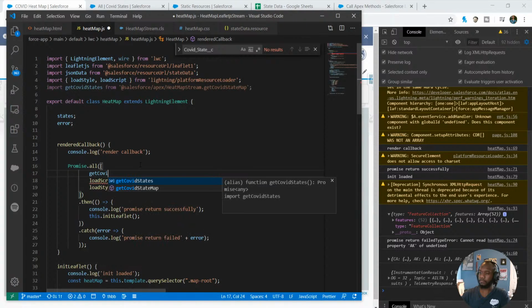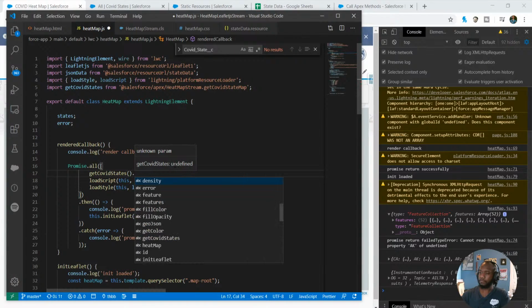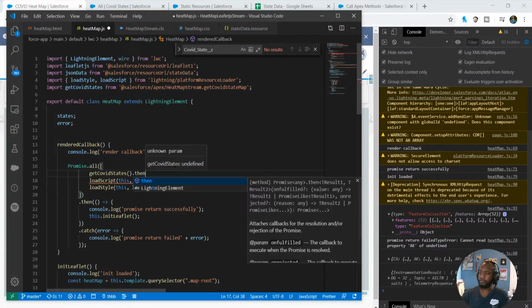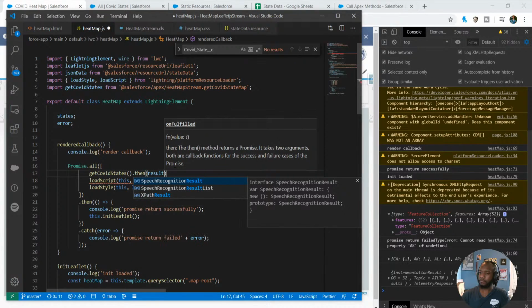So I found a really cool way of setting our state values in here. So this is get states. One of the other things that we can do with this is actually use it as a promise. So we're going to say after all of our state values load, we want to set the results of that